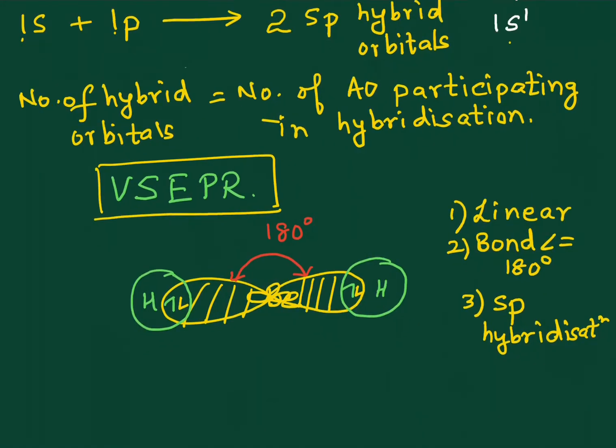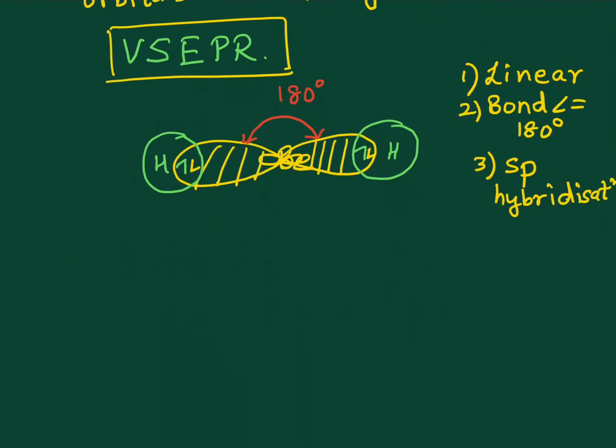Now, would you like to try and draw the structure of BeF2 yourself? Go ahead, try it. If you are in doubt, we've already dealt with the structure between boron and fluorine. Remember, we've already dealt with BF3. Yes, if you have practiced, you will be able to draw this yourself.